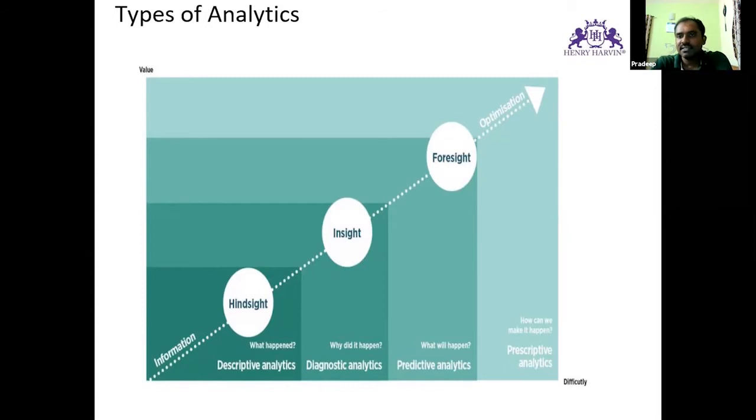Now predictive analytics, again, you need to do a lot of regression. There is a statistical tool called regression, and we need to talk a bit about probability. So there we may have to use a bit of R or Python. Basically, when it comes to huge data analysis, we have to use R and Python. Even SPSS can do a bit of predictive analytics.